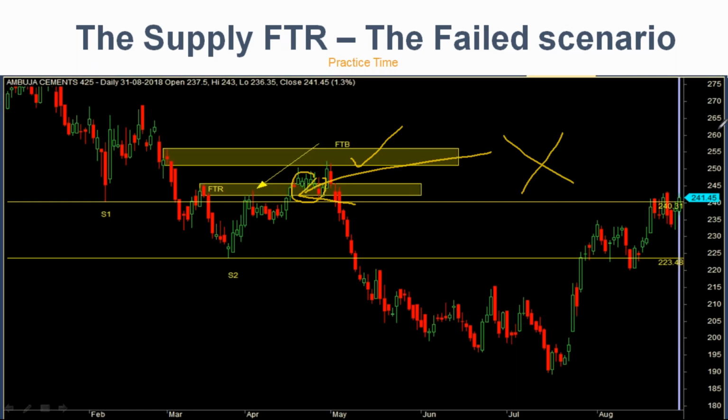The level below or above a power pattern is powerful because that level is the big boss. In cinema, you see, right? In cinema, all the baddies, the hero will fight. The hero will only go and fight with the big villain at the end.